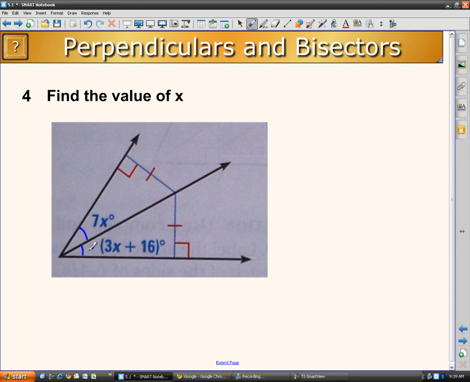So that means that if I need to find x, I'm going to set 7x equal to 3x plus 16. So solving it algebraically, I move my x's to the same side and end up with 4x equaling 16. If I divide by 4, x comes out to be 4. And that's really all I needed to do. But I'm going to do a quick check to see if I'm right. So for this angle, if I do 7 times